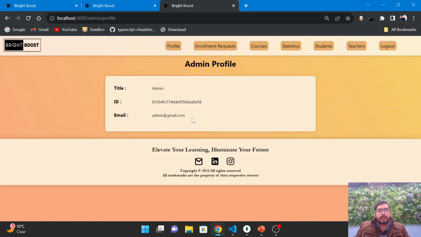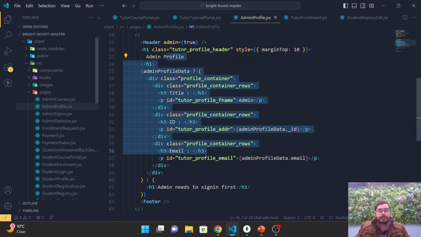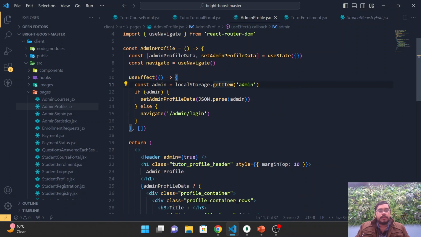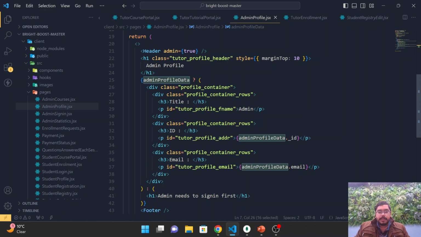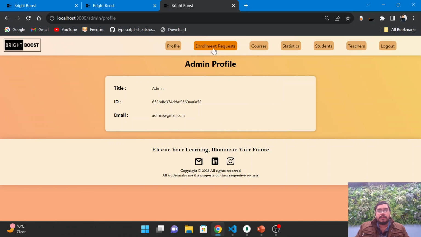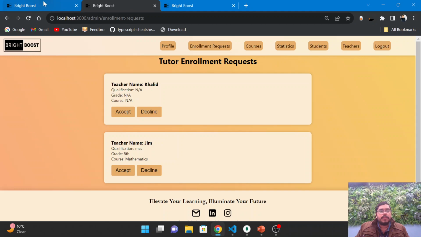So for the admin profile, that is pretty basic. If we go to admin profile, you can see we are just getting the admin data from the local storage, putting it into this variable. Then we are showing his ID, email, right? We are showing these details, and then that's basically enrollment request. Let's say if a new tutor enrolls, he comes to this page. When he signs up or registers, this data will be shown here, like his qualification. It's not available at the moment. Let's enroll that,